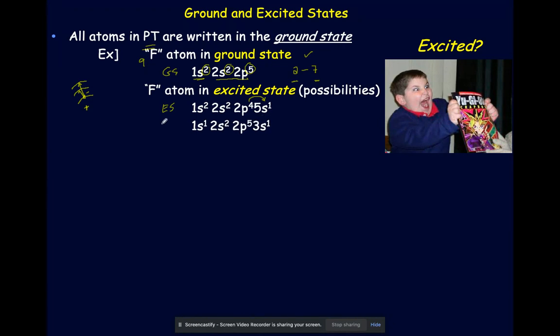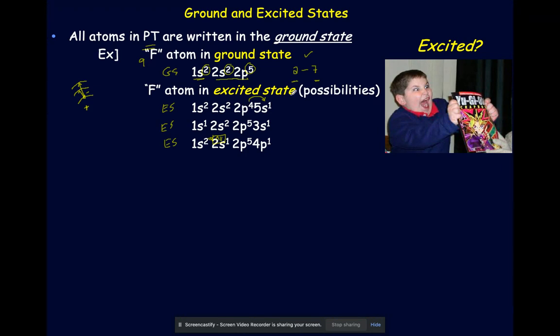Okay, another possible excited state. Maybe I can take one out of the 1s2. I can't put it in 2s2 because it's filled already, right? It would already have 2 electrons in it, so there's no place to put it. However, I can skip the 2p5 and leave it the way it is, just like it was here, and then move it to 3s1. So again, that's another option. Another option is maybe I want to take one out of the 2s2 and move it up to 4p1. So again, you can see there are so many different ways you can do this. You can probably come up with some on your own. The idea is